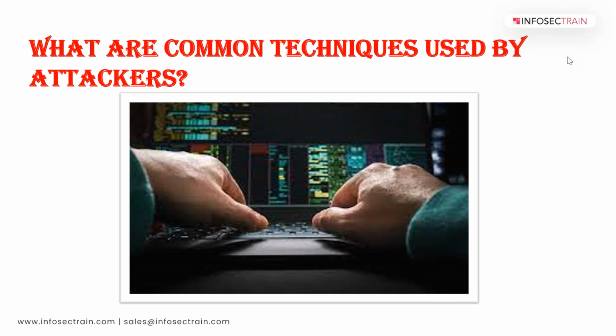So what are the common techniques used by attackers to distribute malware on the web? They will use black hat SEO, search engine optimization techniques. They will use social engineering techniques to deploy malware on the internet.